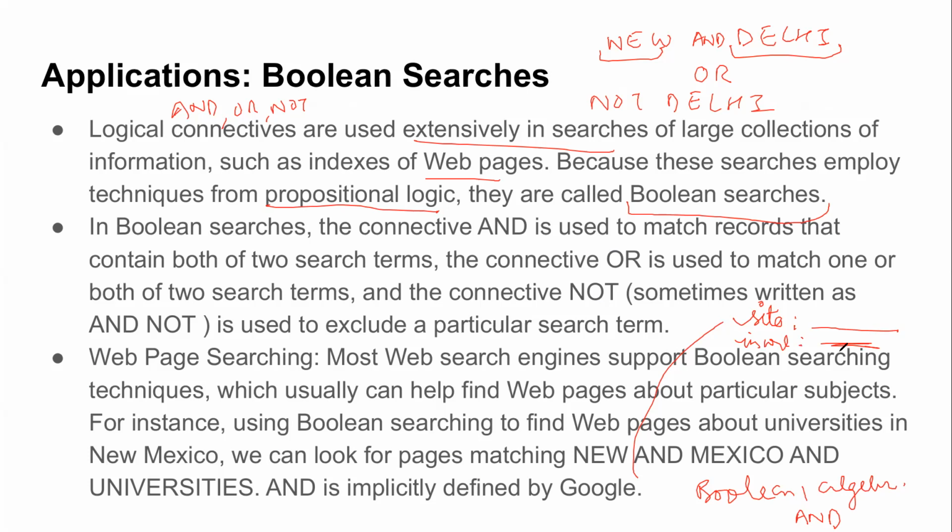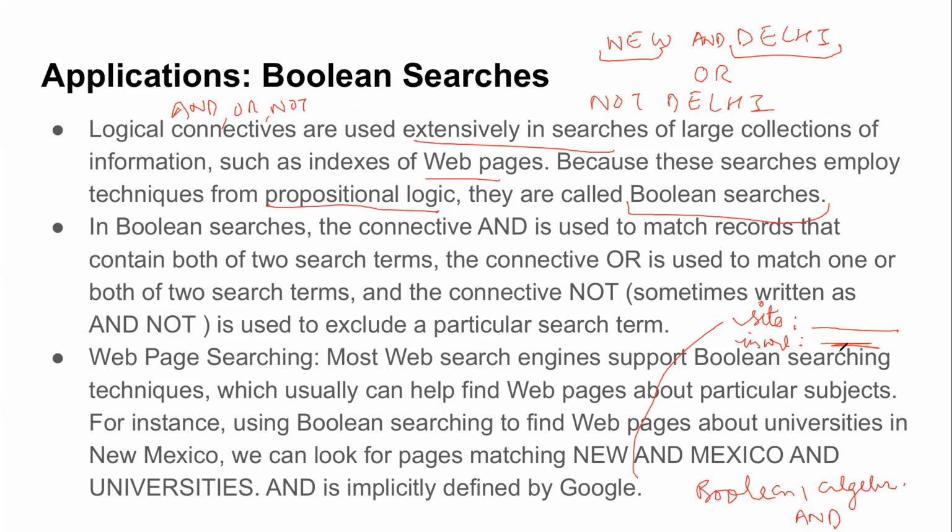So when we normally do a Google search, at the back end, it's all automatically adding these logical connectives. Not just Google. If you search on LinkedIn or Facebook, they are also based on Boolean search at the back end. They use some implicit logical connectives between the words you have mentioned. Each search engine has its own. Google has its own, Bing has its own. So all the different search engines have their own strategies of what to use implicitly, and you can always explicitly change the way they search.